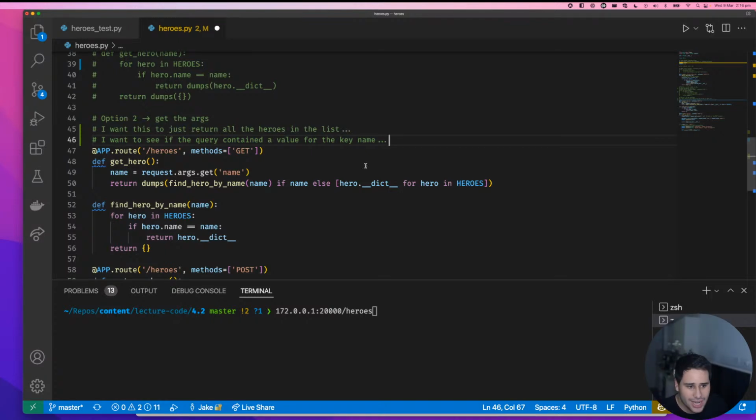Okay? So now, there might not be a name. In which case, name will just be none. And then what I can say is I've written this cute little one-liner here. It's not the nicest bit of Python ever written. But basically all I'm saying is,